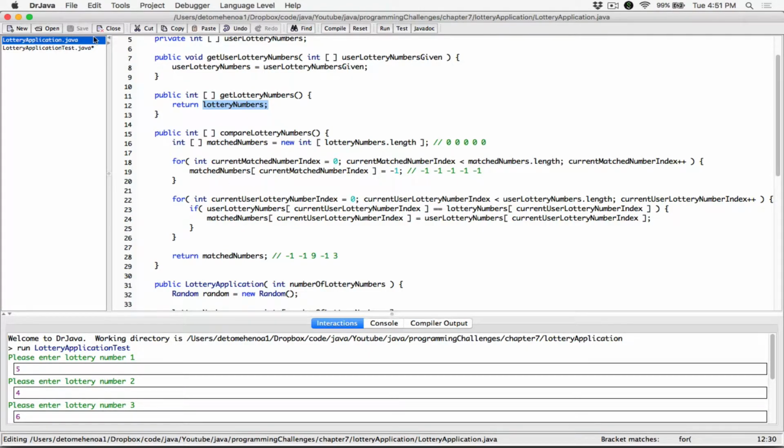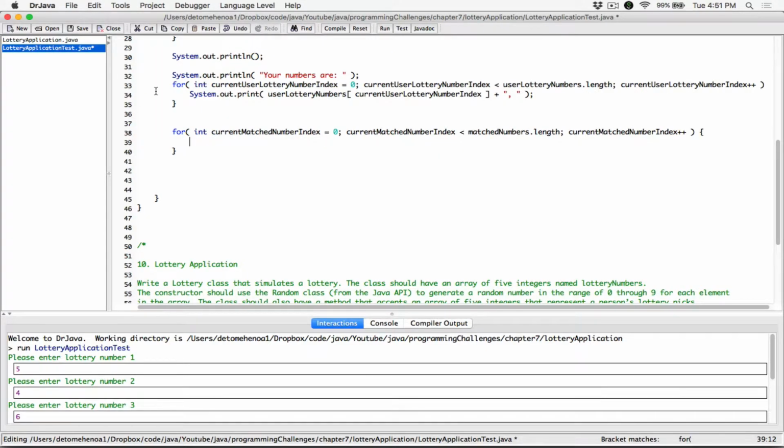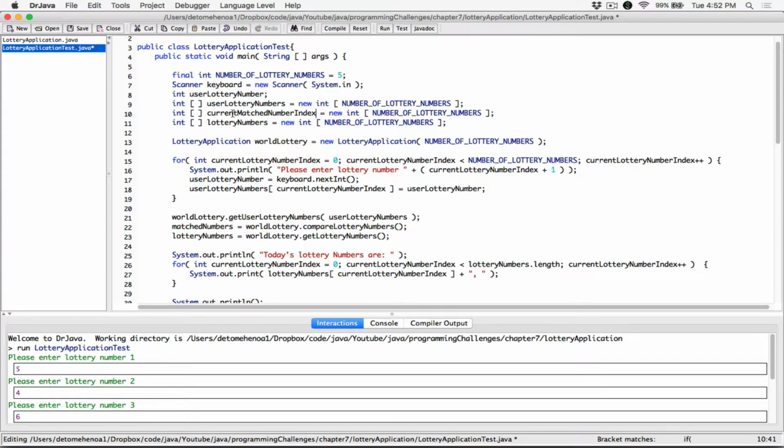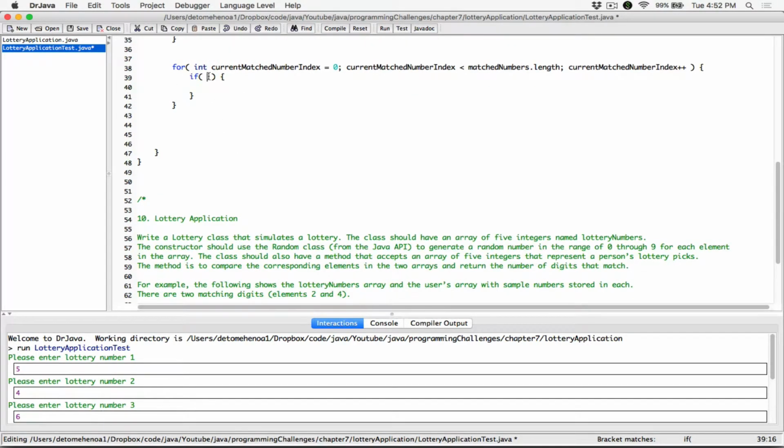Now, I'll explain why about a zero later on, that zero that I was talking about earlier. So we don't want to display the negative ones. We want to display only the numbers that are not negative ones. So we have an if statement in our loop that says that if that current number we're dealing with, and the way we access that is by the match numbers array, using that particular number, the current match number index,